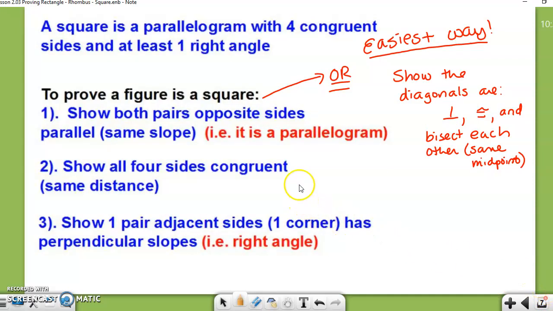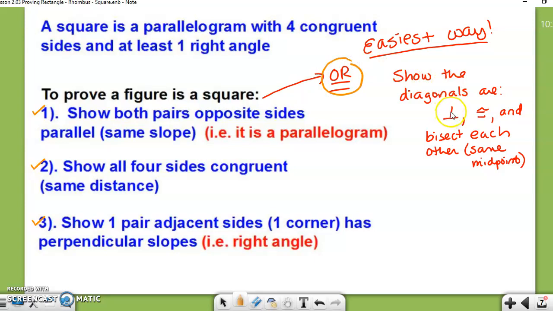Okay. Well, now, when we get to a square, remember a square is a parallelogram. It's also a rectangle. It's also a rhombus. So we got a lot of work to do to prove a square. This is one method over here where you can look at opposite sides, prove they're parallel. That shows parallelogram. Then you would do distance formula, show all 4 sides are congruent. And then you would compare slopes to show that one pair of adjacent sides is a right angle. Or, and this is the way I like to do it, you just look at the diagonals and